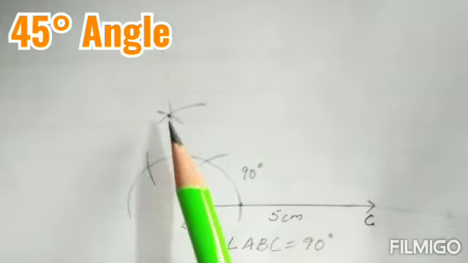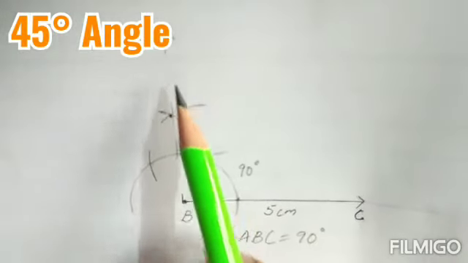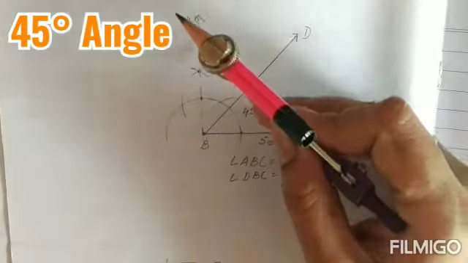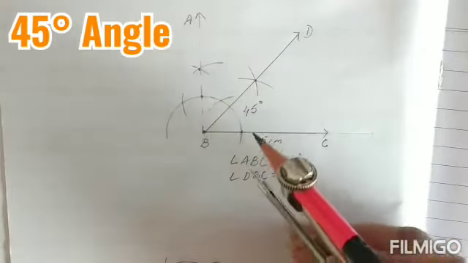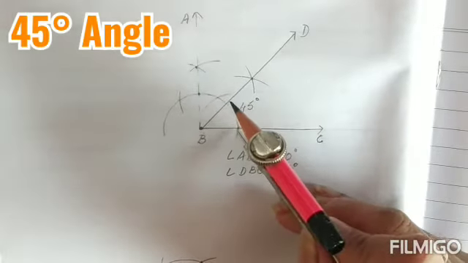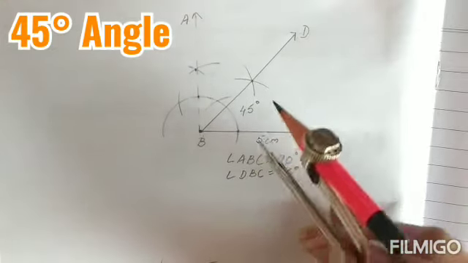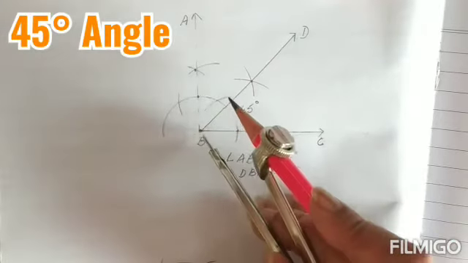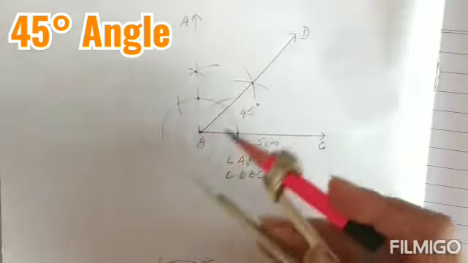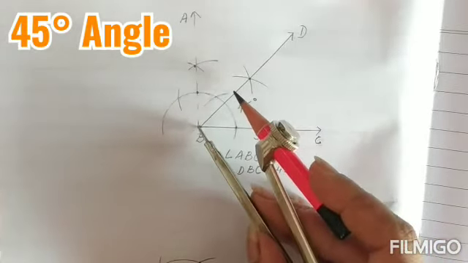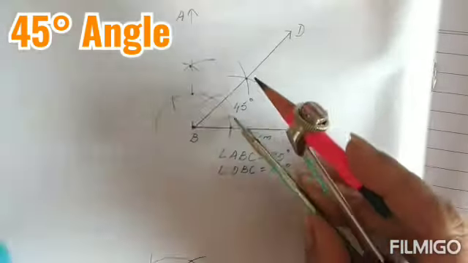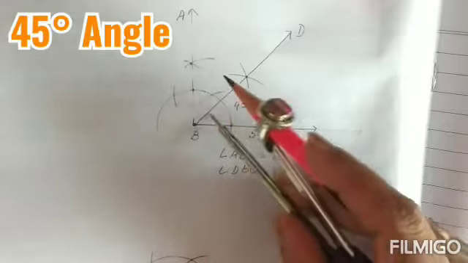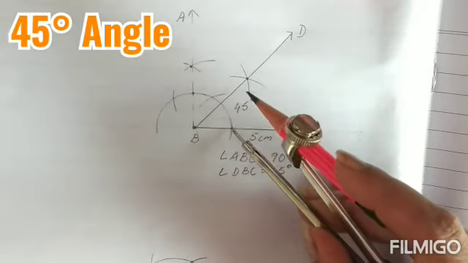Now because our purpose was not to make a 90 degree angle this time, we have made it with the help of a dotted line. So children, see, we have already constructed a 90-degree angle. Now in order to bisect it, in order to divide it into two equal halves, children, what are we going to do? You are now going to open up your compass a little bit more than what we had taken earlier. Earlier we had only taken it this much. Now we are going to open it a little more. And then you are going to keep it over here where your 90-degree mark, this, your main axis, this semicircle has cut the baseline.